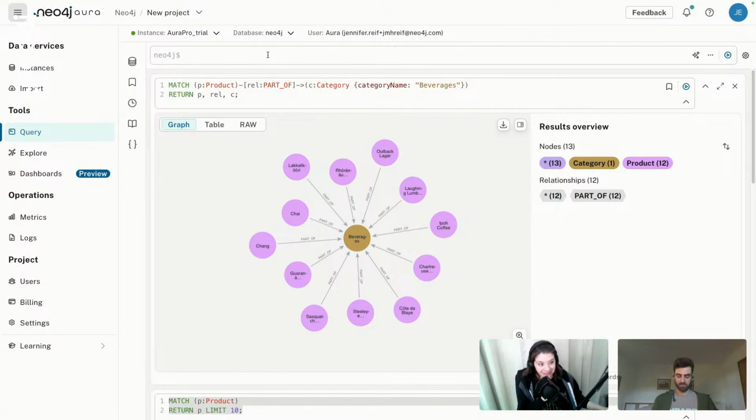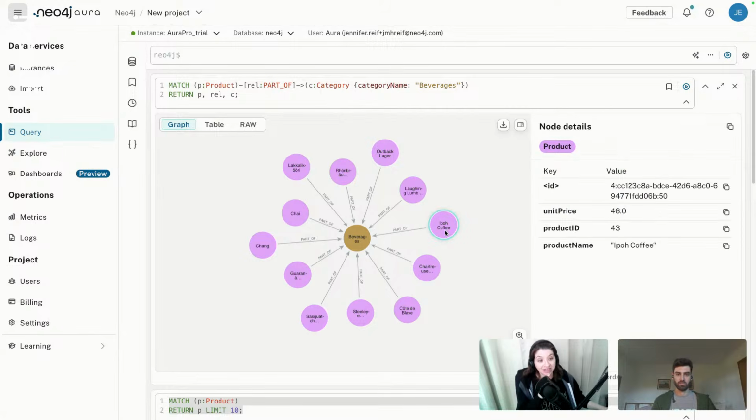Let's say, for instance, that we have the coffee product, this iPo coffee that we have over here. Let's say it goes out of stock. And let's say we need to figure out which customers created orders for that iPo coffee product and let them know, hey, we're out of stock of this. Would you like the secondary option, or would you prefer to wait until this comes back into stock? So let's look for